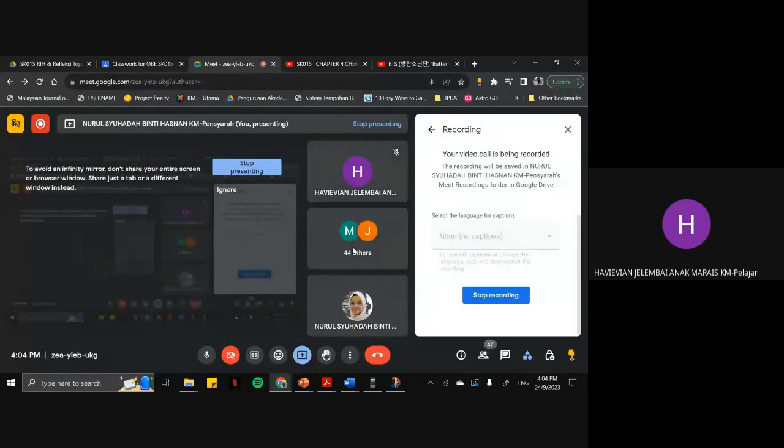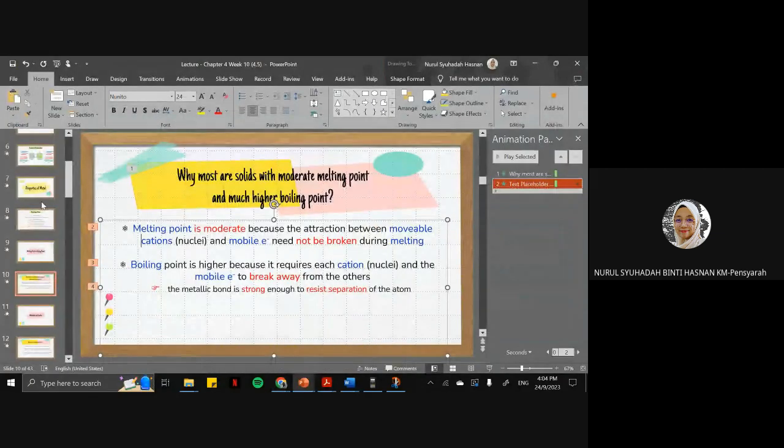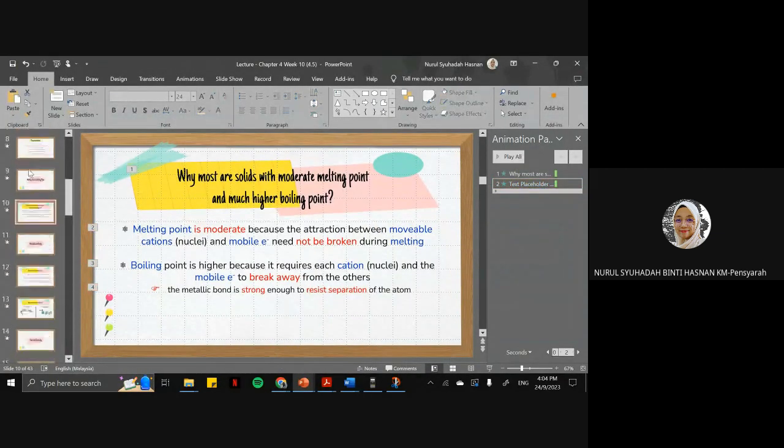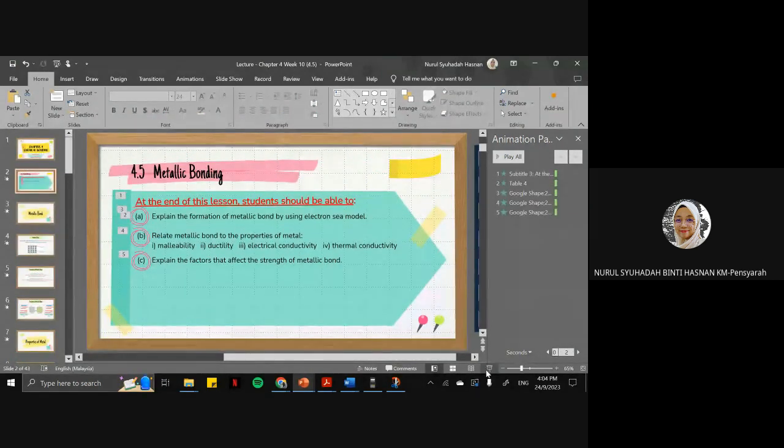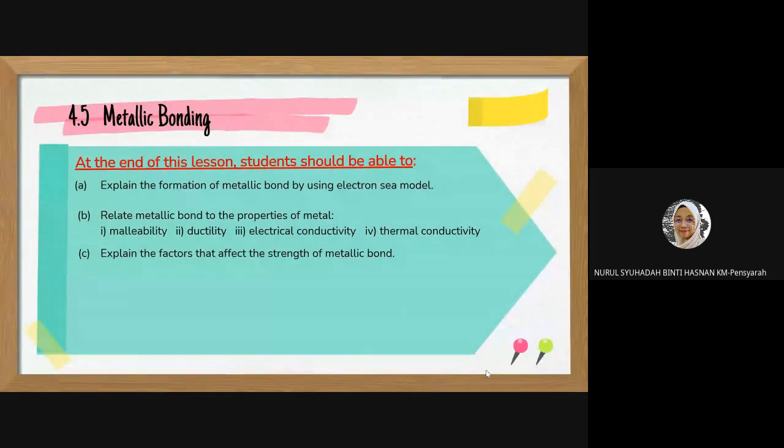Okay. So, kita sambung kita punya lecture. Okay, now. So, we're going to continue with the last part of chapter 4, which is 4.5. Okay, so hopefully kita boleh habiskan untuk 4.5 ni. Okay, so in this lecture, we're going to look on 4.5 metallic bonding, and at the end of this lesson,